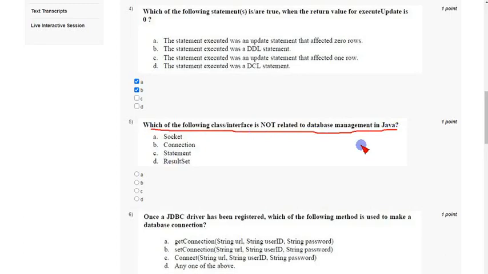So the answer for the fifth question is option A, that is socket. Socket is not related to DBMS in Java. So mark option A as correct answer for the fifth question.